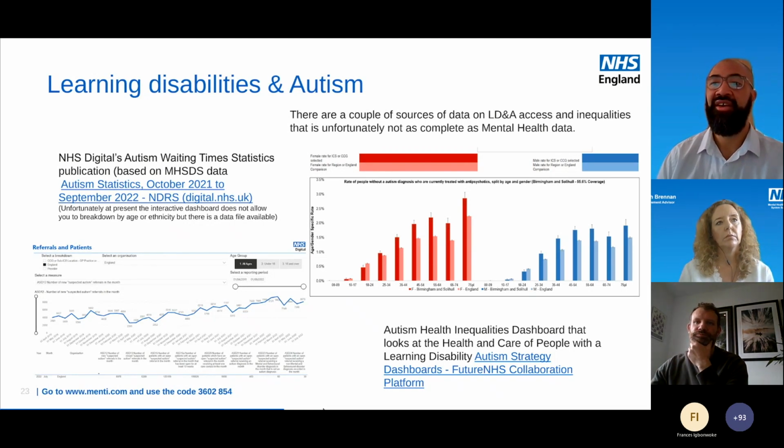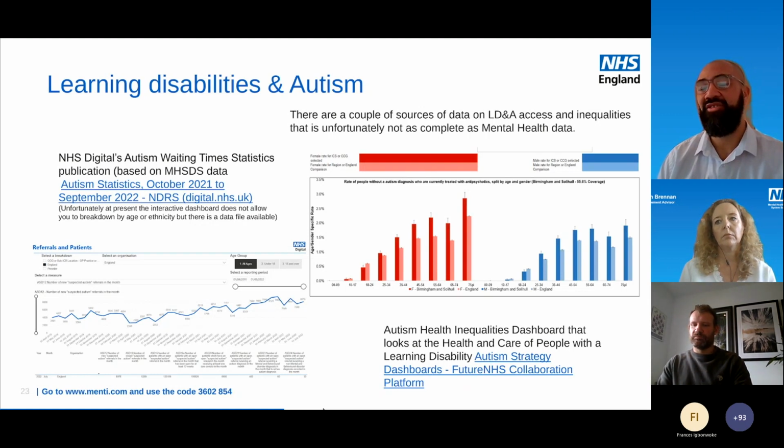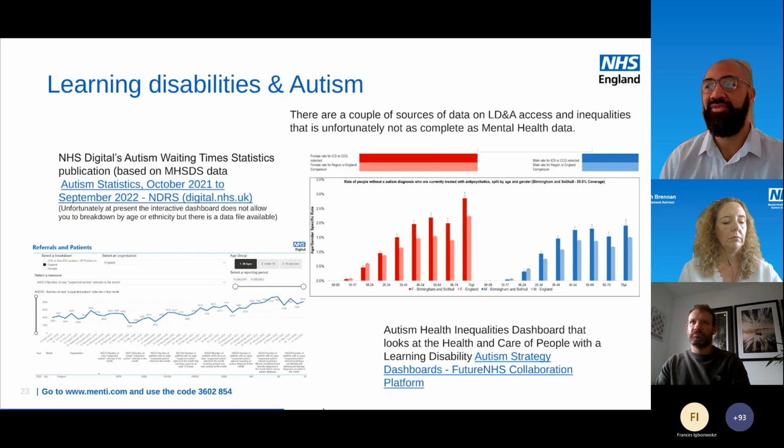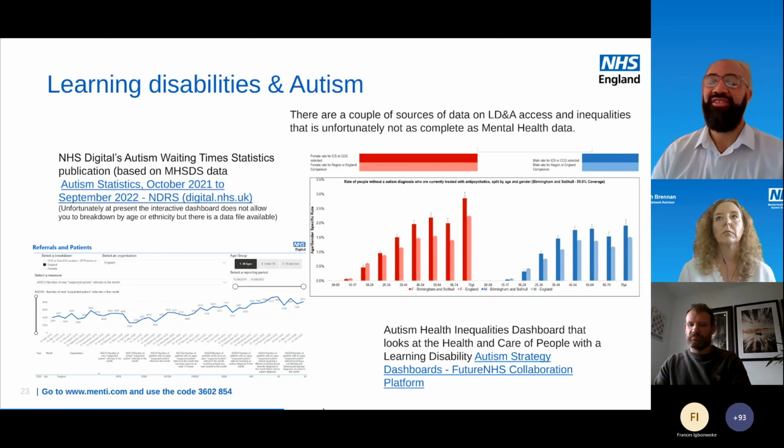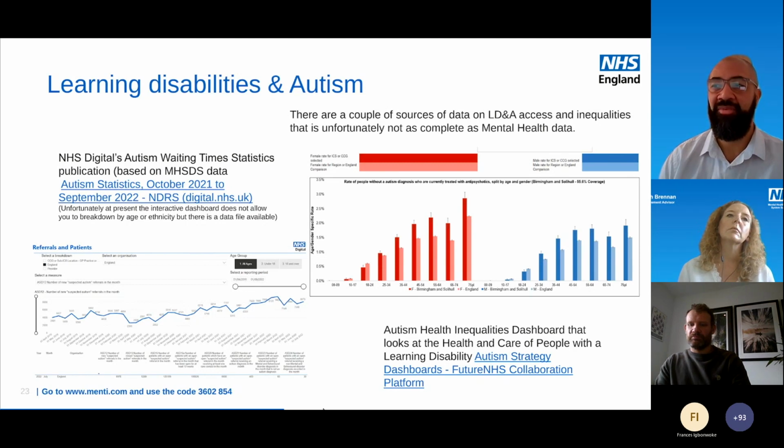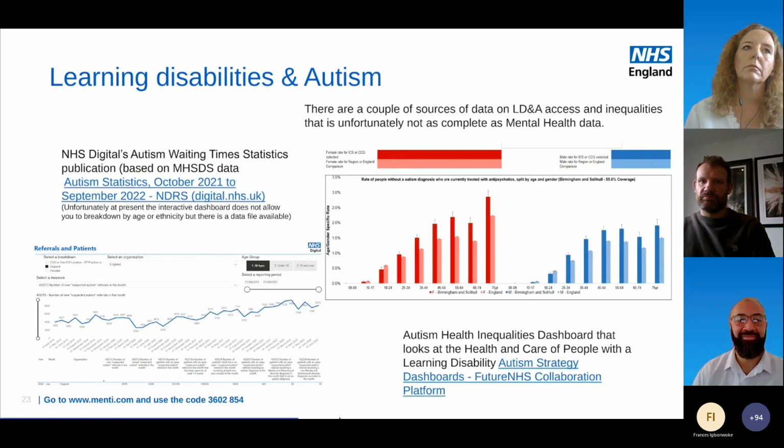And the second is the autism health inequalities dashboard, which is on the right. The caveat with this is that some of the data is from 2020, 2021, and also there is some variation in the data quality, so it's the uptake of it. So some of it is more usable than others, but you can look at things on there like breast screening uptake, prescribing certain medications, and you can break that down within your area and compare it to the national average for benchmarking purposes. I'll be handing over now to my colleague Sarah.